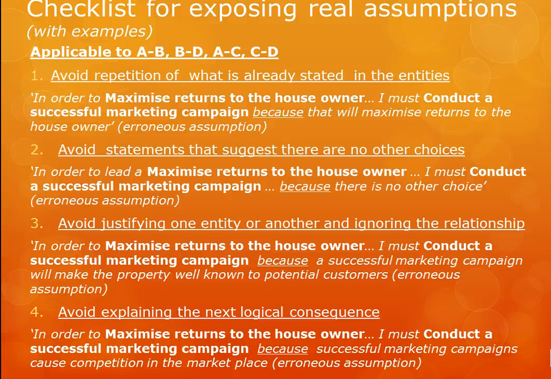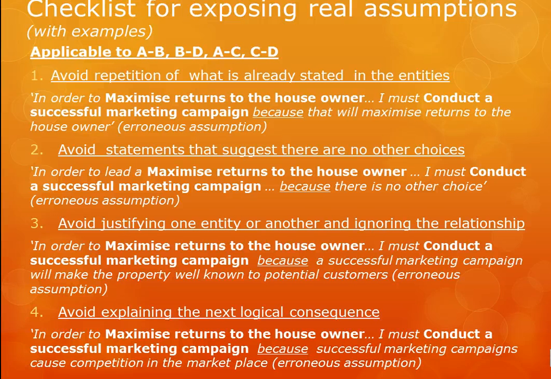The fourth type of error is when the assumption seeks to explain the next logical sequence in the cause and effect relationship. As I stated earlier, you can have a cause giving rise to an effect. That effect then becomes a cause in its own right that gives rise to another effect. So here the example I give is: in order to maximise returns to the house owner, I must conduct a successful marketing campaign because successful marketing campaigns cause competition in the marketplace. Whilst that statement is true, it's actually going beyond the relationship between these two entity statements